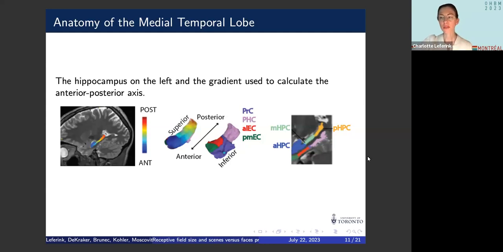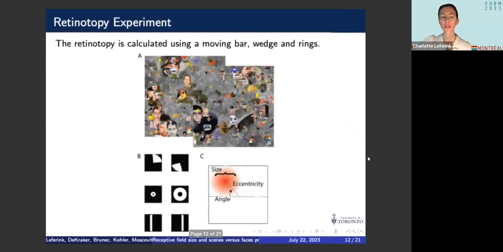So we used the data from the Human Connectome Project, 181 participants, of which we used 157 of the participants. We also used the dataset from Noah Benson, with all of the retinotopic parameters fitted using Kendrick Kay's 2013 compressive spatial summation algorithm. We used, as I said, the 7 Tesla data from the Human Connectome Project, which included a retinotopy